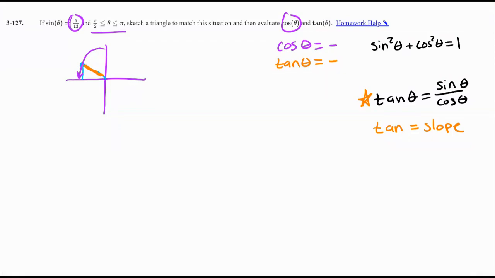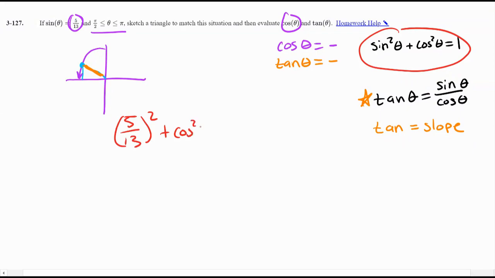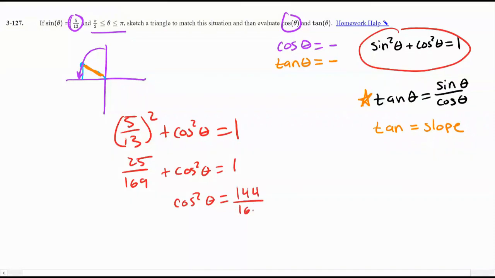So I'm going to use this first equation here, the Pythagorean trig identity in red, to solve for cosine. Because I know sine, so I plug that in: 5/13 squared plus cosine squared equals 1. 25/169 plus cosine squared equals 1. So cosine squared theta equals, let's see here, what do I got? Let me do calculator because my brain's stopping working at the moment. 144, ooh, nice and easy. 144/169. And when I take the square root of that, I end up getting